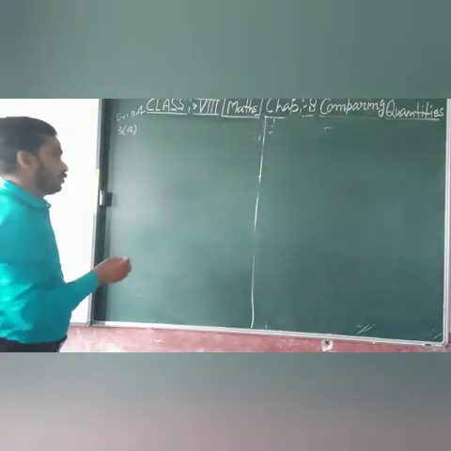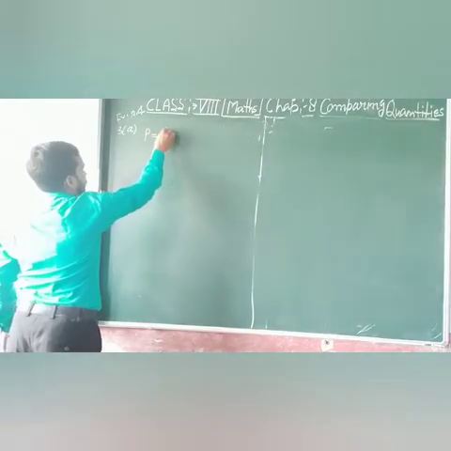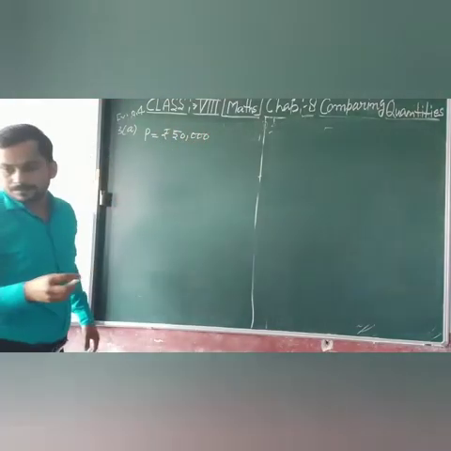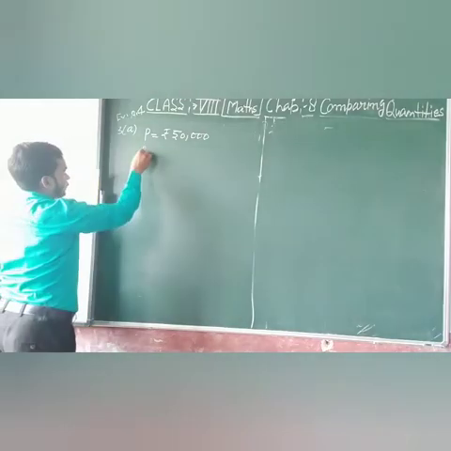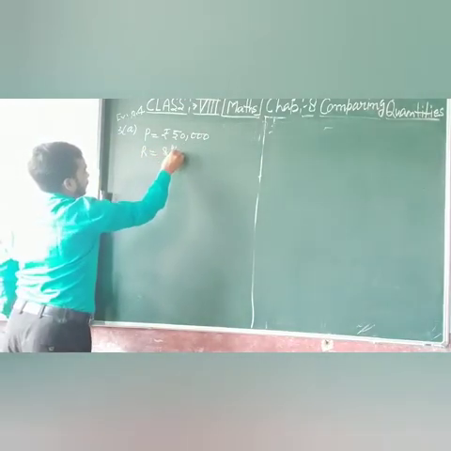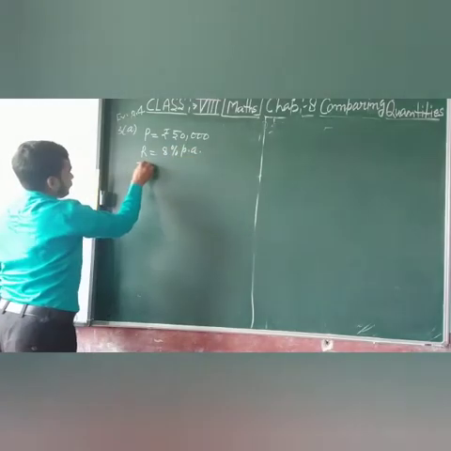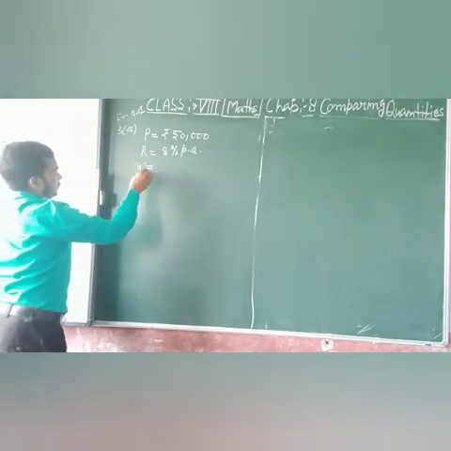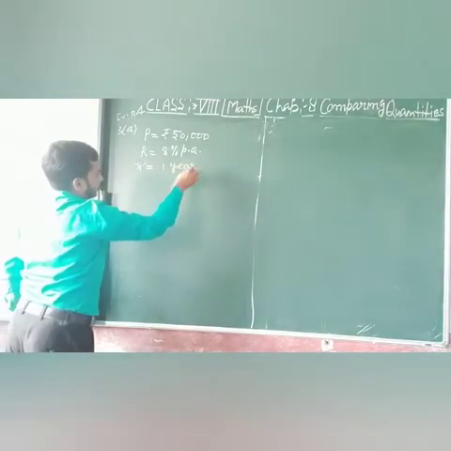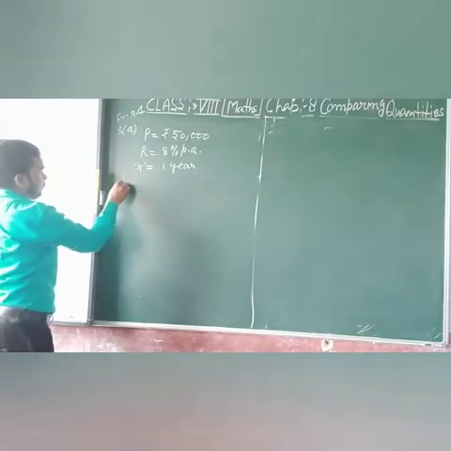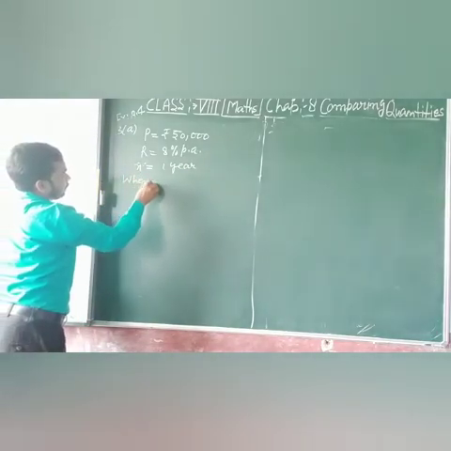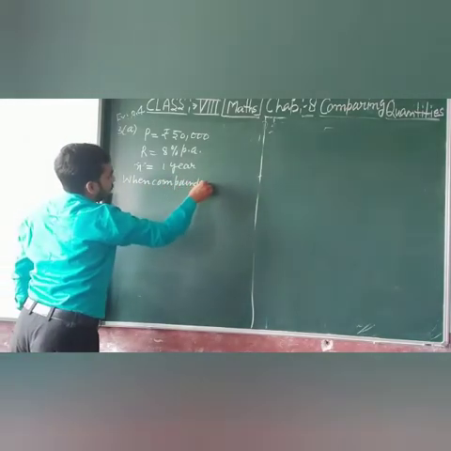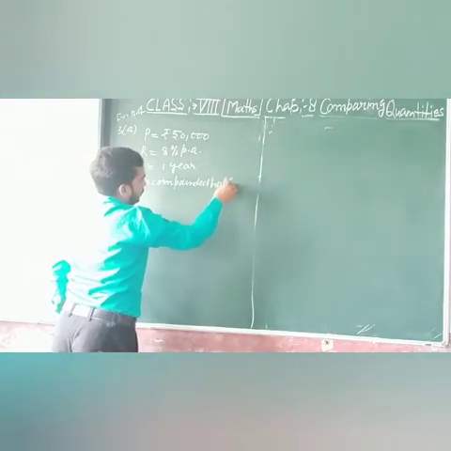So question number 3, part A. Principal given 50,000 rupees. Rate equal 8% per annum. And time n equal 1 year. So when compounded half yearly,